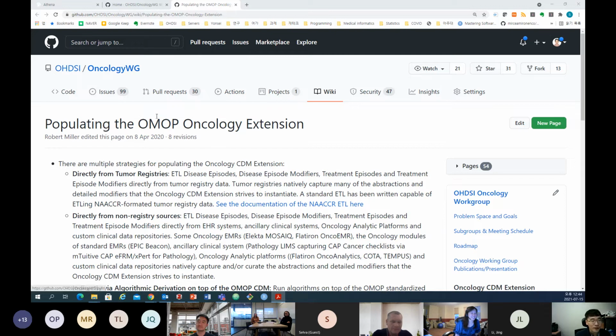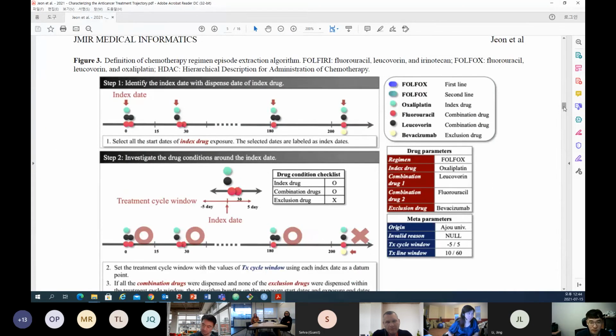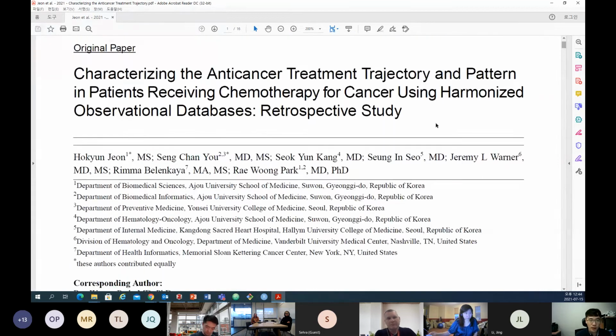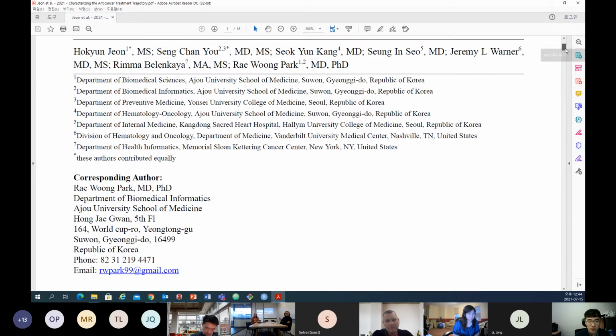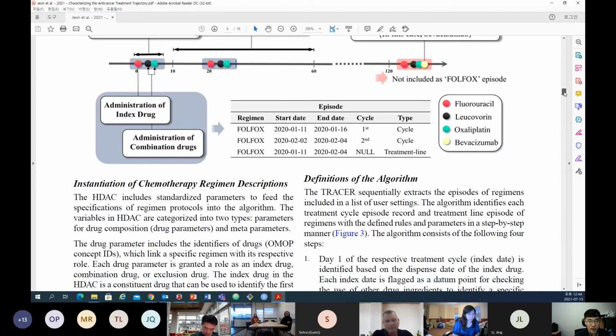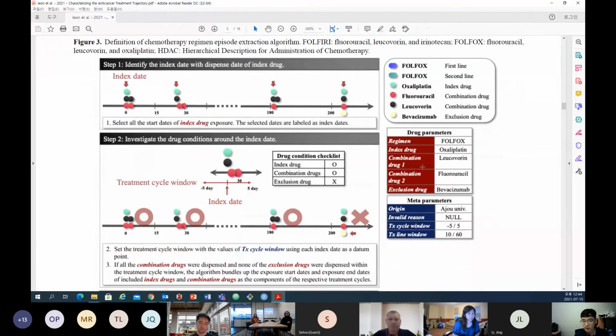So yeah, you can find the oncology module and how you can populate that. On the OHDSI GitHub, there is an oncology work group repo, and you can find it at the wiki page. And recently I published a paper on how to capture the regimen from the EHR or claims data, and we suggest an algorithm for that, and it is open source, so I think you can use it for your EHR or claims data to capture the regimen data from the individual drug